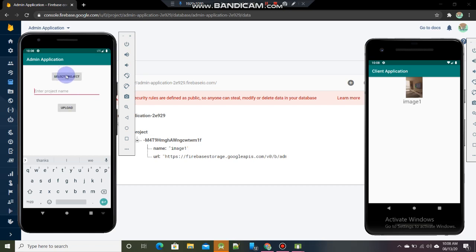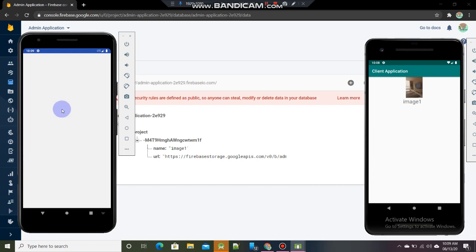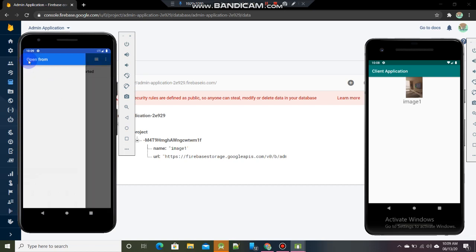Okay, so select project, select an image.